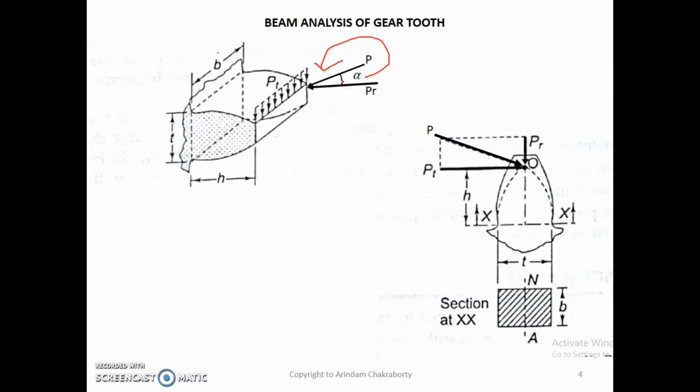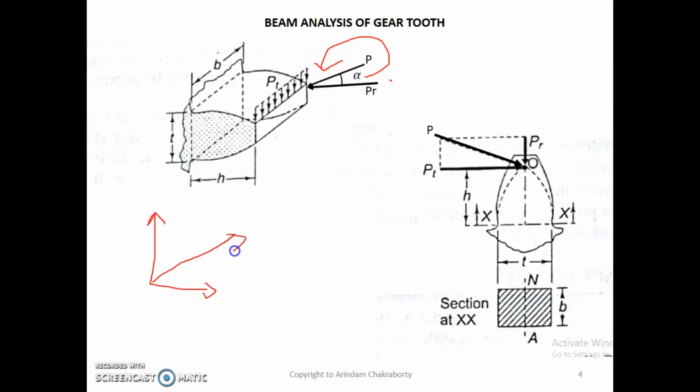Now, what happens? This alpha denotes the pressure angle. Now, if a force is acting at an angle alpha, what will happen? Two components will come: one will be P cos theta and one will be P sin theta. As we know from the earlier classes, or in our earlier semester, we have learnt about this,